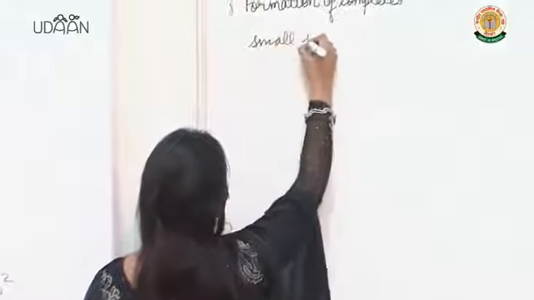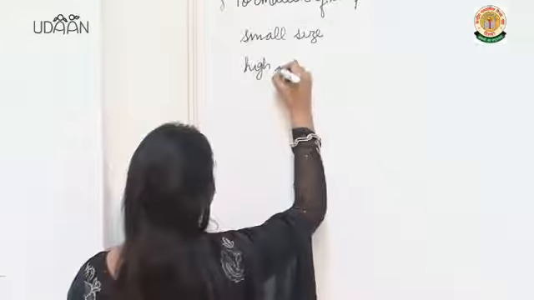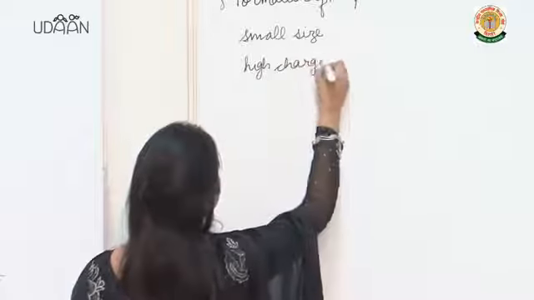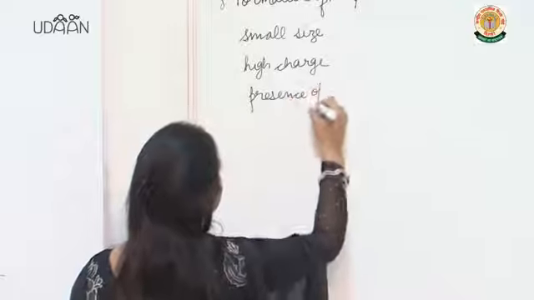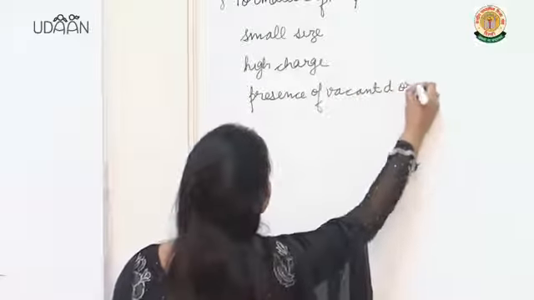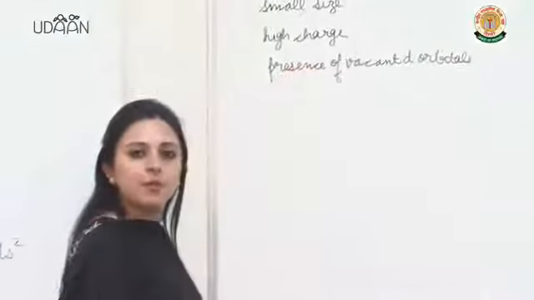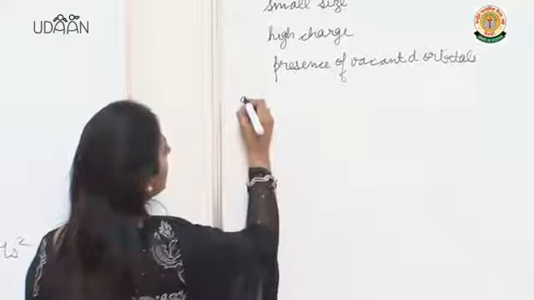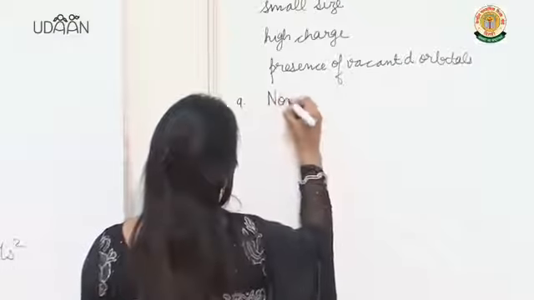Small size, high charge and presence of vacant d orbitals. They can form complexes. Now, transition elements can form